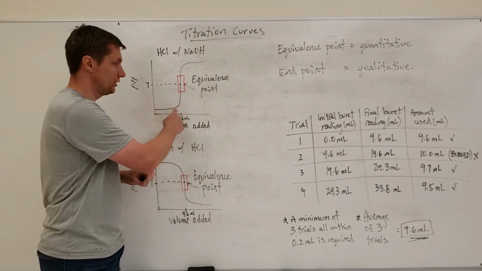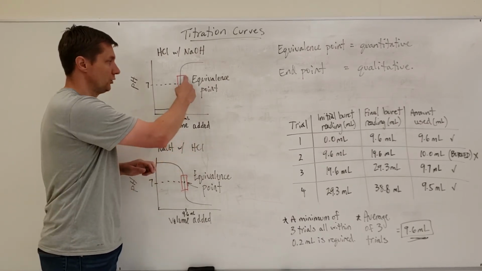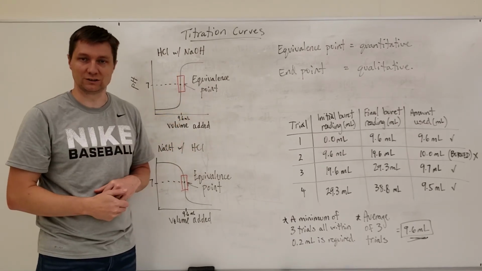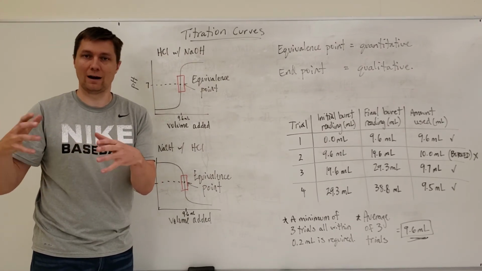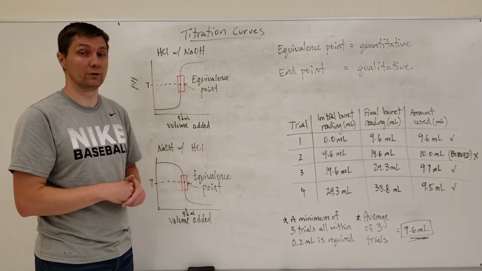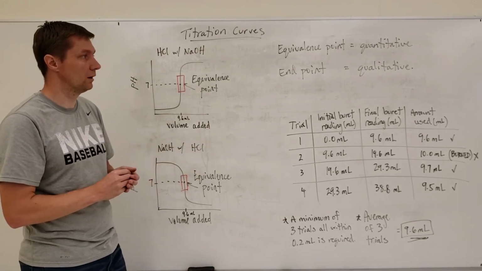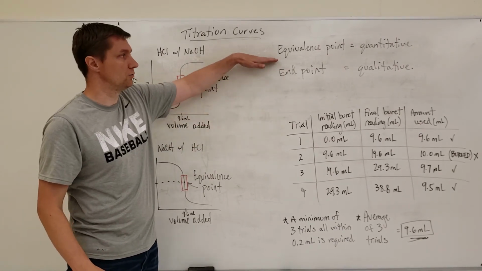If the color changes at pH 2, that's not going to be a good indicator to pick, because you're going to want to know when you've reached pH 7. So to pick an indicator that has a pH range around 7 is going to be a lot better and more helpful for you when you're doing your titration. So the point here in a titration really is to choose an endpoint that is going to be around the